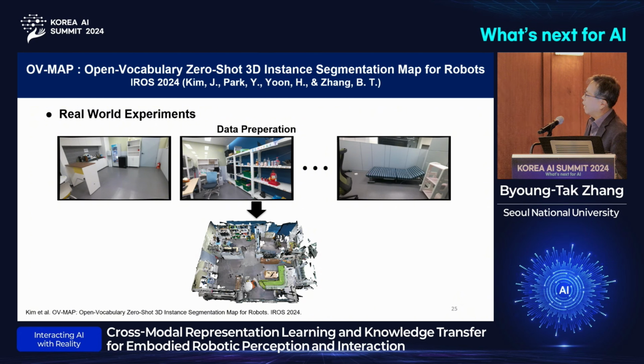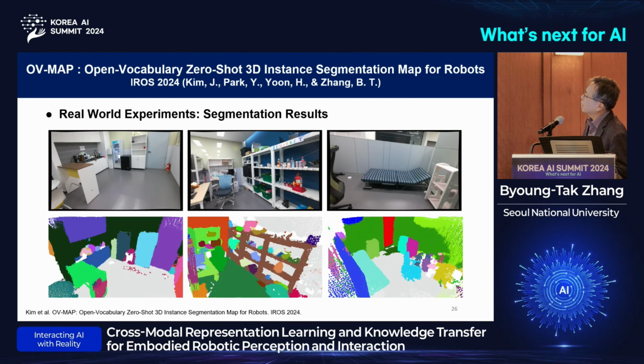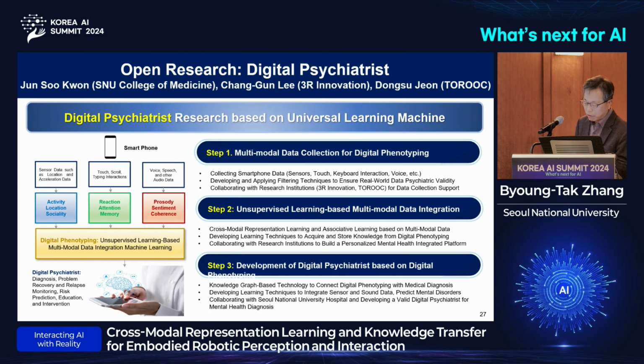And actually by language, you can designate the objects in the visual map, and then give some linguistic instruction or a question. Then the agent, the robot, can go somewhere, for example, without explicitly identifying the object, but the robot can move someplace.